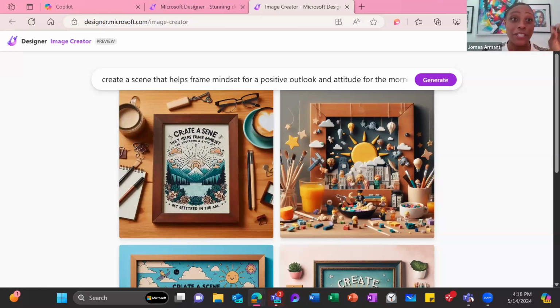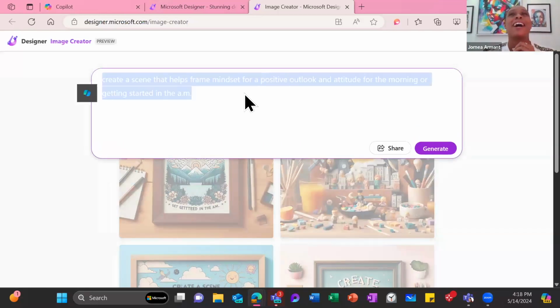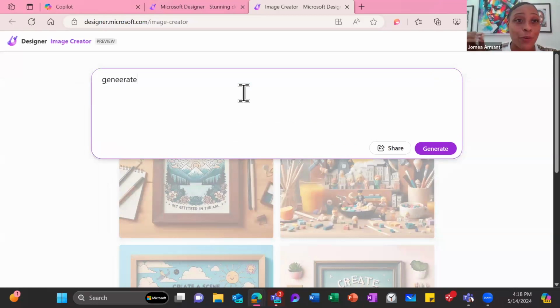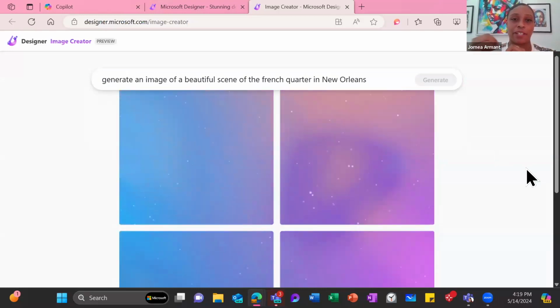And once again, the more descriptive you are, the better it is at creating. So we just said an overall scene, but if I specifically stated in the French Quarter of New Orleans, Louisiana, right, then it would put the French Quarter in New Orleans, Louisiana, or as Anne mentioned, Joshua Tree, right? So those moments where we want our students to be super specific on the things that bring joy to their lives, they can add those to their images inside of Designer as well.